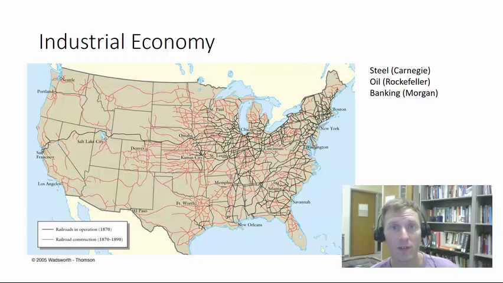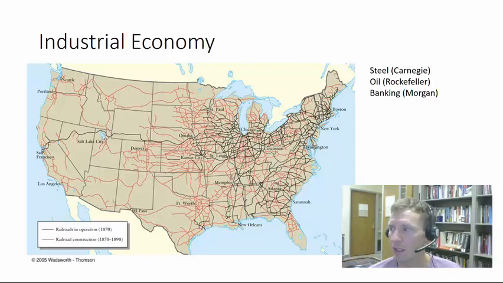And what steel does is it allows you to move much more goods, more people, with much greater speed. You can see on this map, the dark lines are railroad lines that were in operation before 1870. And then you can see over the 20 years from 1870 to 1890, railroads that are built.